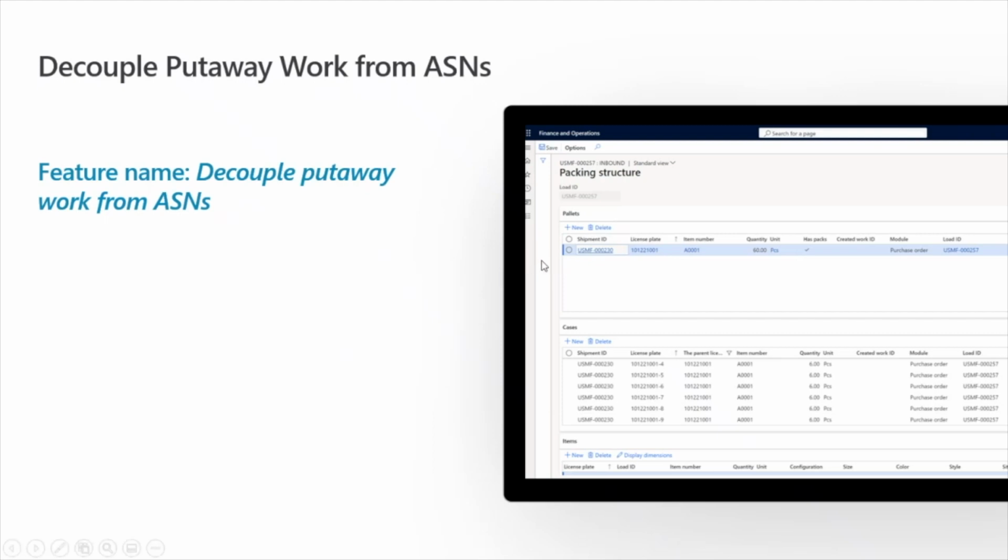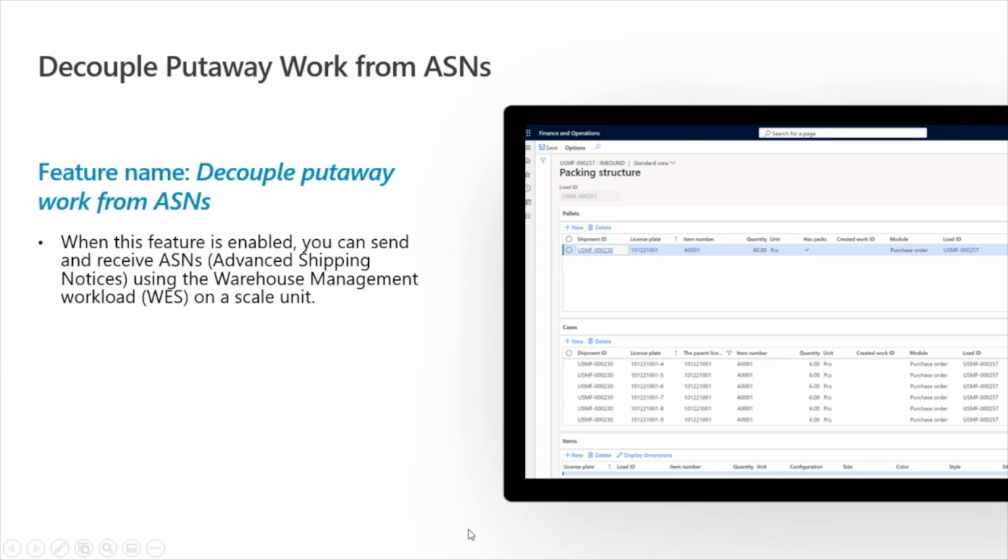I've included a screenshot of our ASN or packing structure that you do see in the UI. But what happens when you have this feature enabled is it allows you to send those 856s, those outbound ASNs that we mentioned in the overview slide earlier, from your warehouse management execution workload on the scale unit.